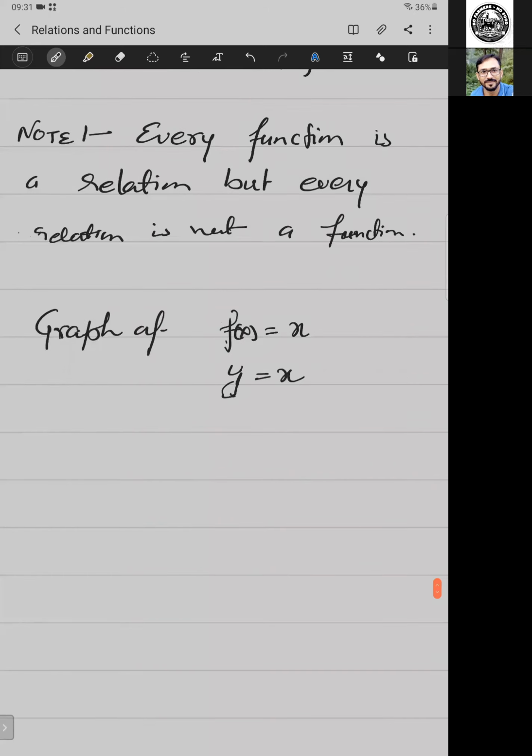For making its graph, we are going to draw a table. I suppose you remember in class 9th and 10th, while making graphs, we were making such a table. So x and y, and we find x and y are both equal. So when x is 0, y will also be 0. When x is 1, y will also be 1. When x is 2, y will also be 2. When x is 3, y will also be 3. I'm writing many, but you need not write that much. Then -1, -1, -2, -2, -3, -3, because it is the condition for equality.